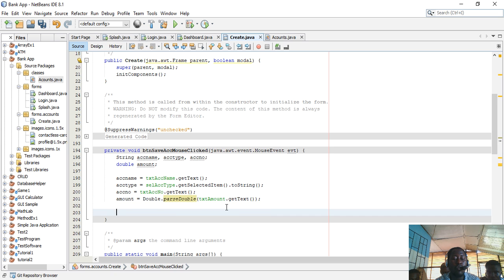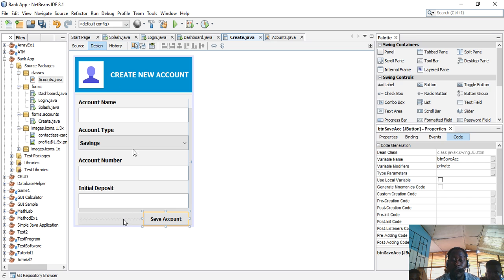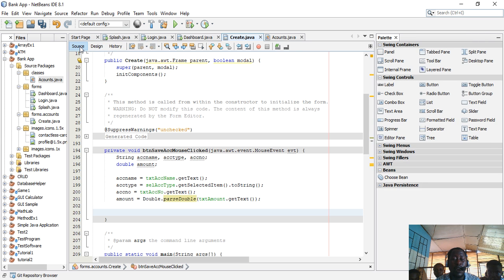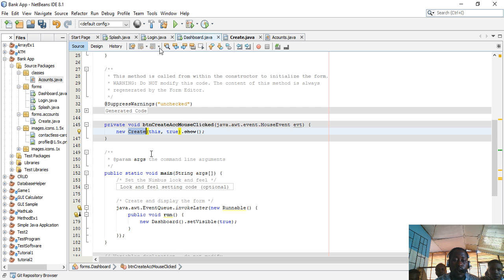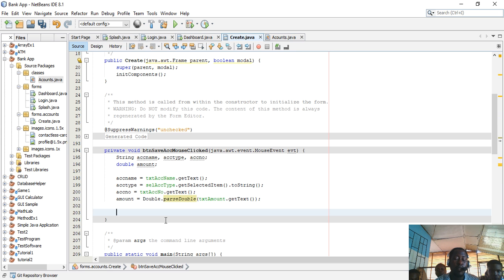what we simply need to do is, now that we've gotten all the data from our UI here, we already have the account data on our class. So what we just need to do here in our create is to instantiate an object of that particular account. Okay, so we'll simply say